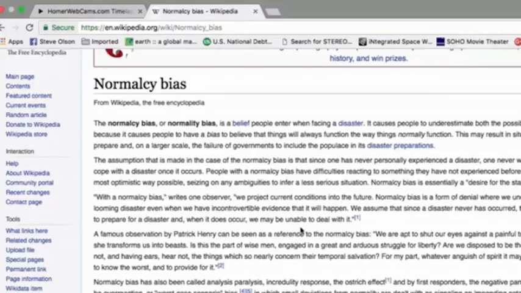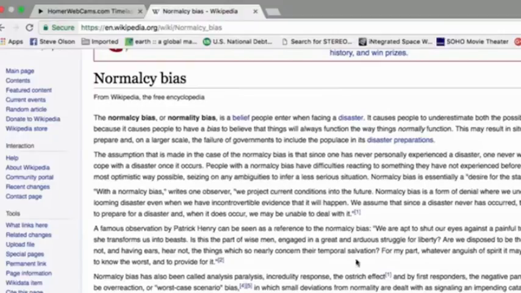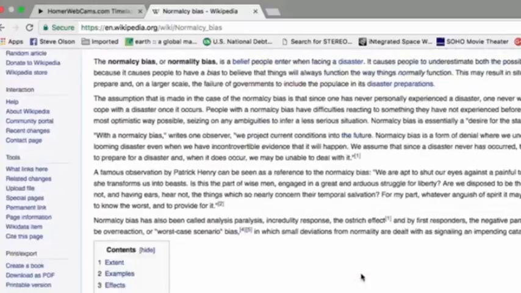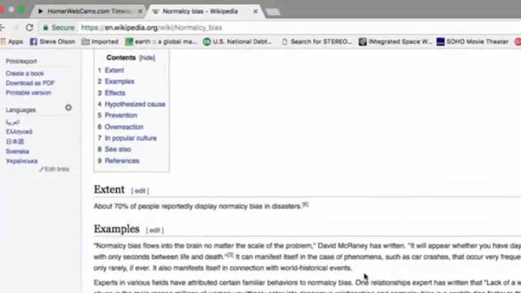It can result in the inability of people to cope with a disaster when it occurs. People with normalcy bias have difficulties reacting to something they have not experienced before. They also tend to interpret warnings in the most optimistic way possible, seizing on any ambiguities to infer a less serious situation. Normalcy bias is essentially a desire for the status quo. And I get it, right? I totally get normalcy bias. And about 70%, according to this Wikipedia article, it says 70% of people reportedly display normalcy bias in a disaster,